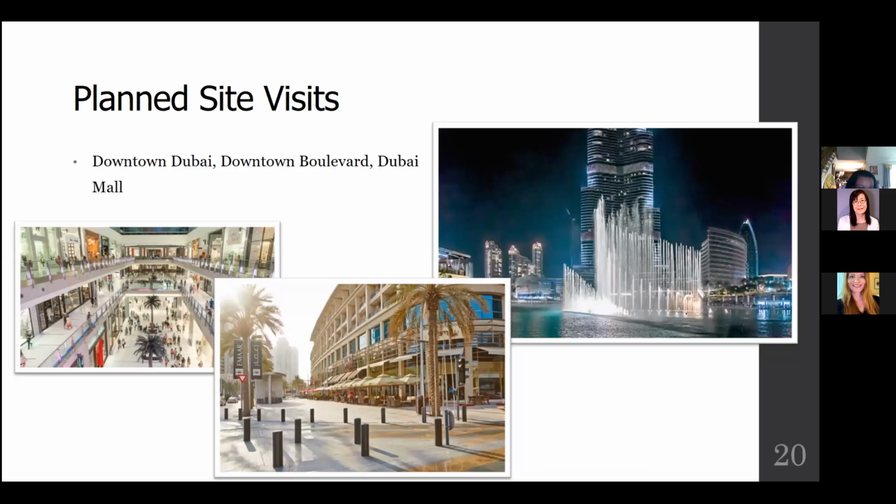Some more planned site visits include just touring the downtown mall, in addition to the Mall of the Emirates. So like I said, they have 2 main malls, one having an indoor skiing range, very interesting. We'll talk a little bit more in a second, but on the right, you'll see the fountain shows that light up at night. It's really beautiful.